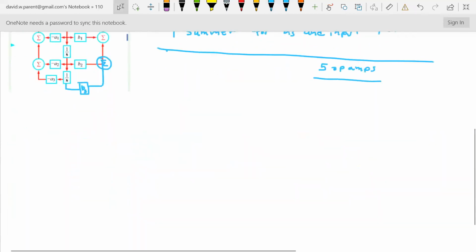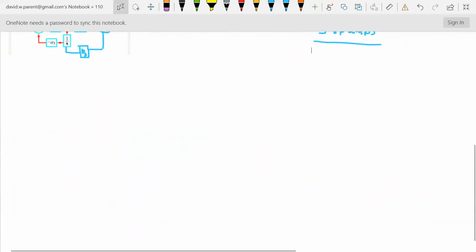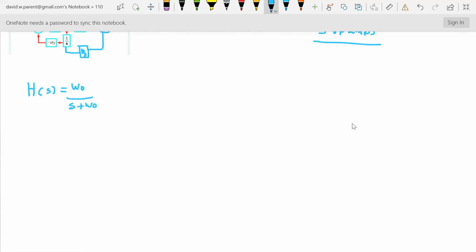But let's try to compare this to a low-pass filter. And I'm just going to keep it generic. So we'll make it first order, right? Just to show the difference. So the highest order of S is 1. So we're just going to multiply through by 1 over S divided by 1 over S. We will get omega naught over S